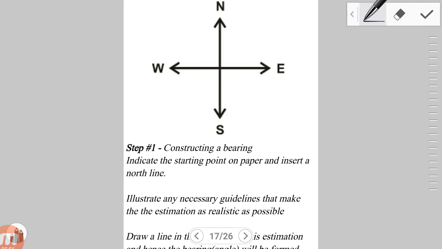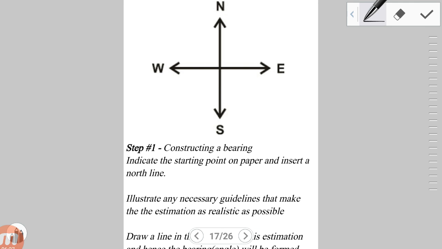And so when it comes to constructing a bearing, guys, step one is that we have to indicate a starting point on the paper and insert a north line. Now, once an object is going to move, and this object could be a plane, a ship, a boat, an object that's moving in open space,